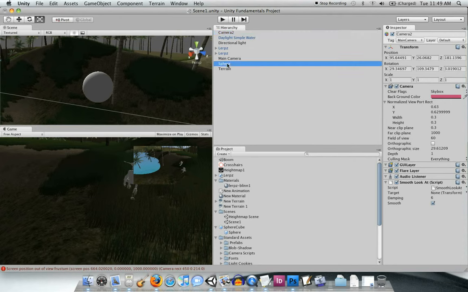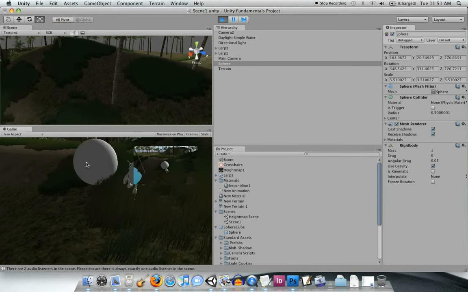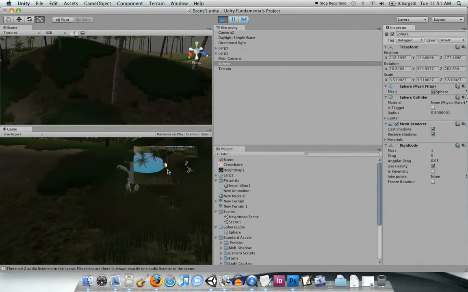To make the sphere controlled by physics, you just have to go to component, physics, rigid body, and a rigid body component will be added to the sphere game object. Use gravity is selected, and you hit play, and you'll watch it fall to the ground. And there it goes. It falls to the ground and actually rolls. You'll also notice in the picture-in-picture that the camera follows it no matter where it goes, even as it's moving,